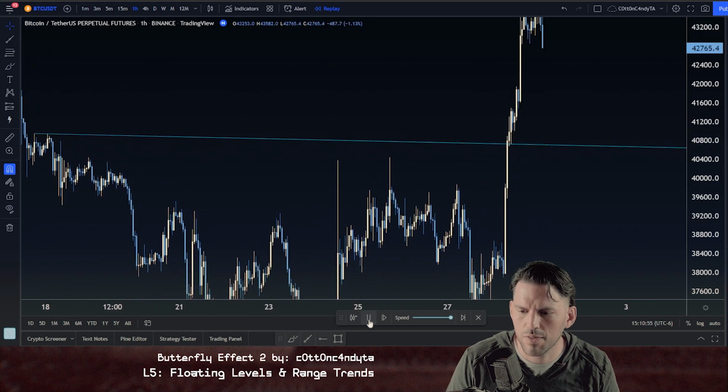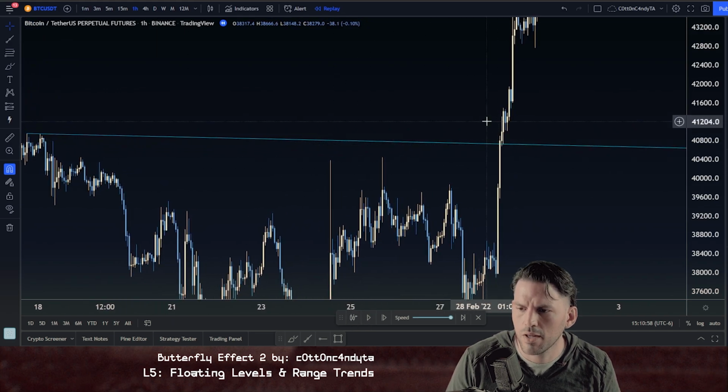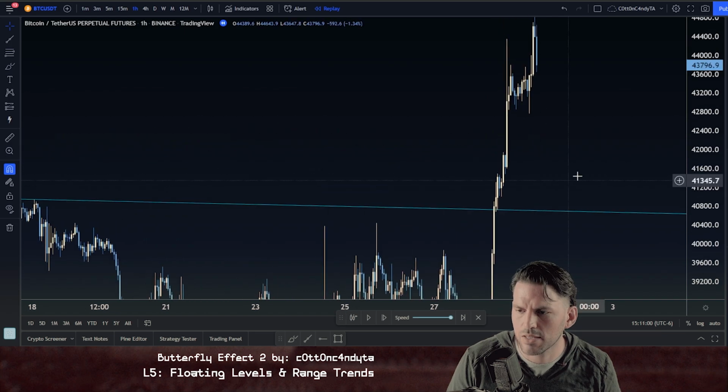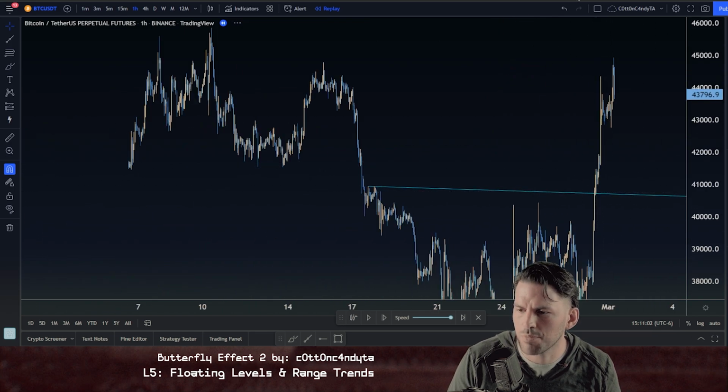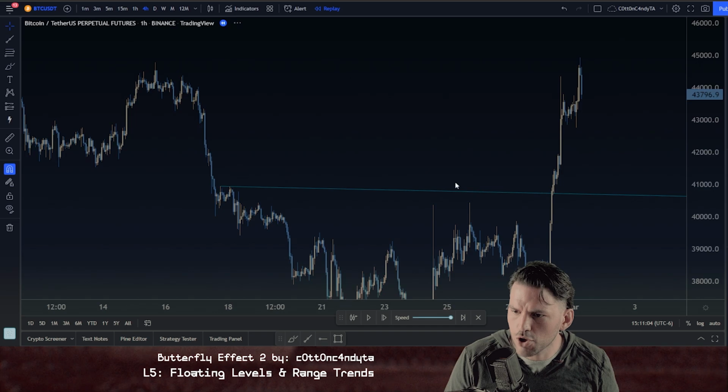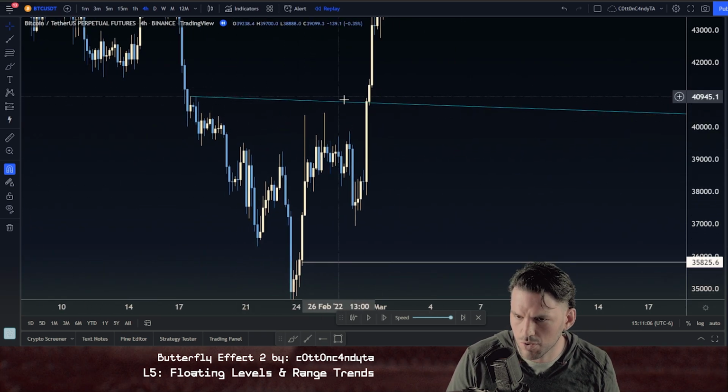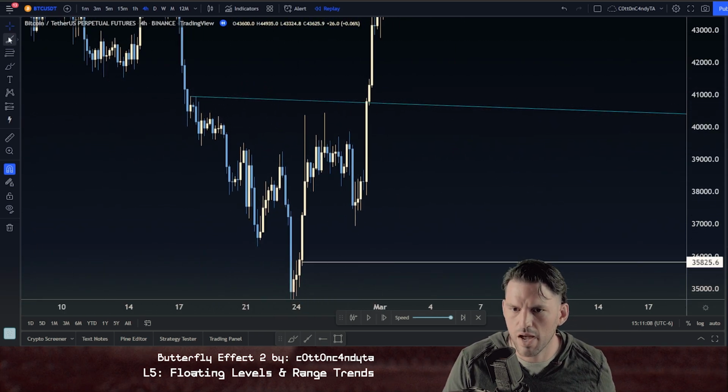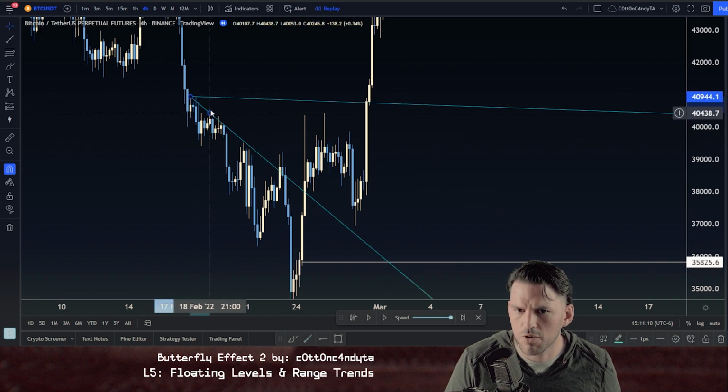And there it is right there. There's that attack of that range trend. You break over top of it, you back test it, you hold it, and then you can see how much Bitcoin actually moved up and off that. And I'm sure you could go in here and find other range trends. I'm sure you could go inside of this, and we just use the one time frame. I'm sure that over time you can develop the 4 hour range trend, right? Just like this,